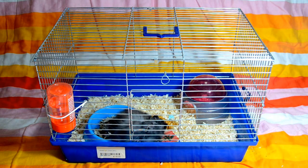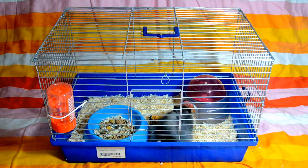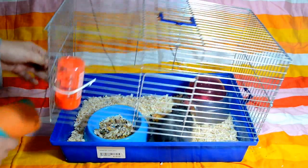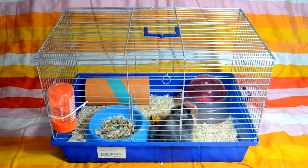Syrians can be as big as 300 plus grams, so 3 times his size. Okay, so food, water, chew toys, housing. Let's put a tube in for him to play with. Again, Syrians, bigger hamsters, they need bigger tubes. Now you can probably already see where I'm going with this one. Syrians are bigger hamsters, they have bigger things, bigger tubes, bigger houses, bigger bowls, all that stuff is much bigger,